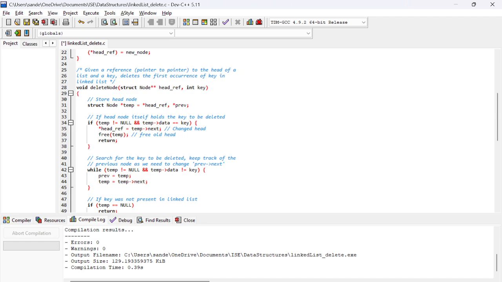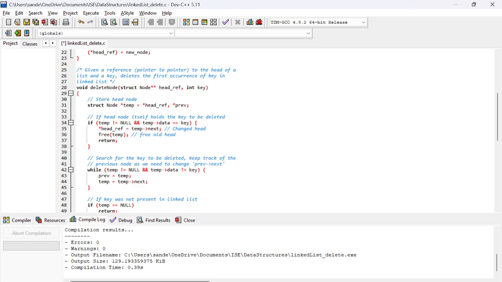So to delete the list, we give where the list begins, the reference of the head, and we want to say which node to be deleted. So that node will be identified by the value which we are saying by key. So we just create one temporary pointer, and that is currently pointing to the head of the linked list, and